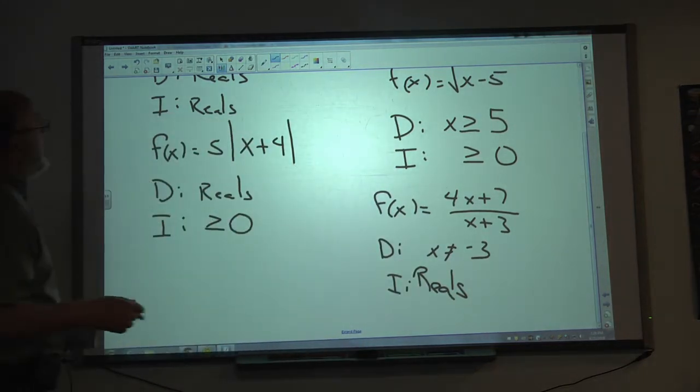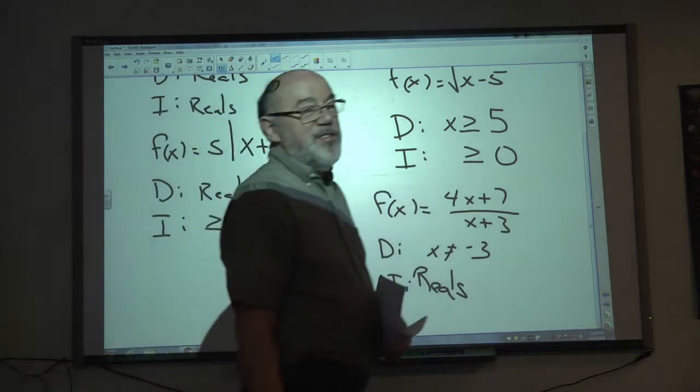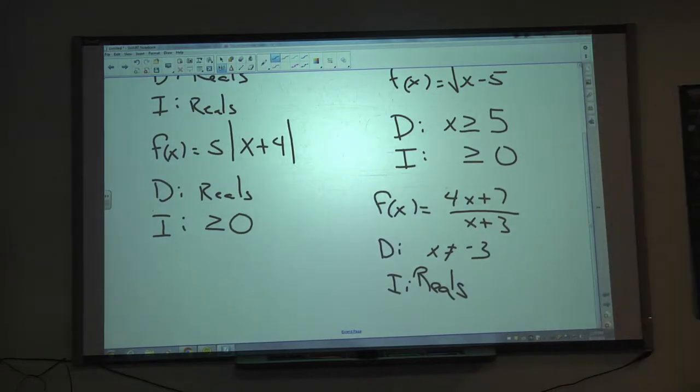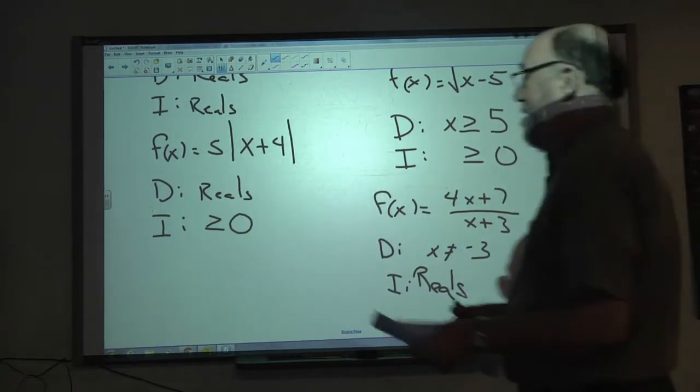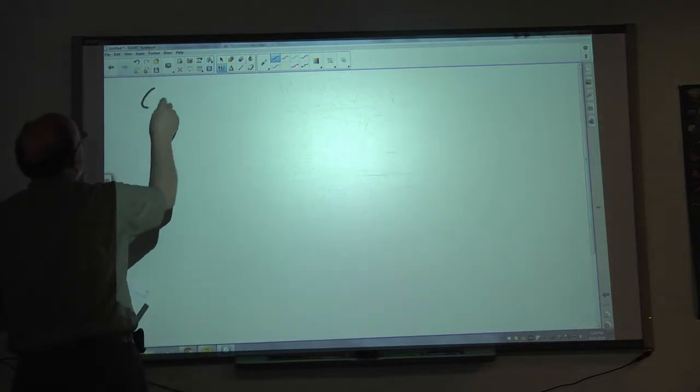So given an equation, given a set of points, can you tell if it's a function or not? Can you tell the domain or the image of a function? And the other thing then, in terms of a graph,